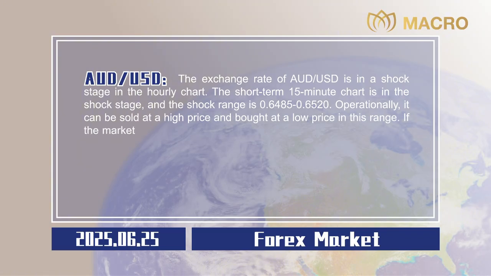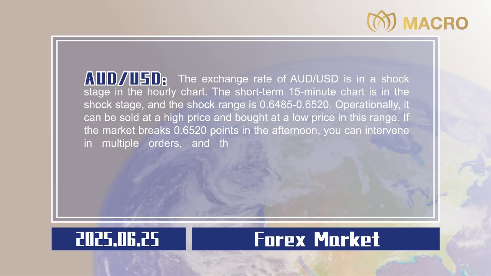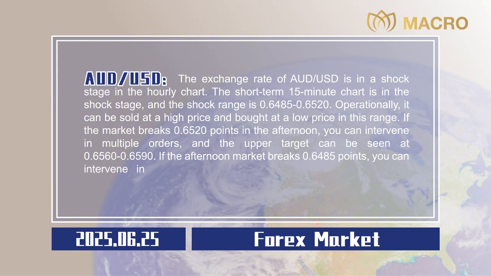If the market breaks 0.6520 points in the afternoon, you can intervene in multiple orders, and the upper target can be seen at 0.6560 to 0.6590. If the afternoon market breaks 0.6485 points, you can intervene in the empty order, and the target below can be 0.6430 to 0.6380. Stop losses are all 20 points,